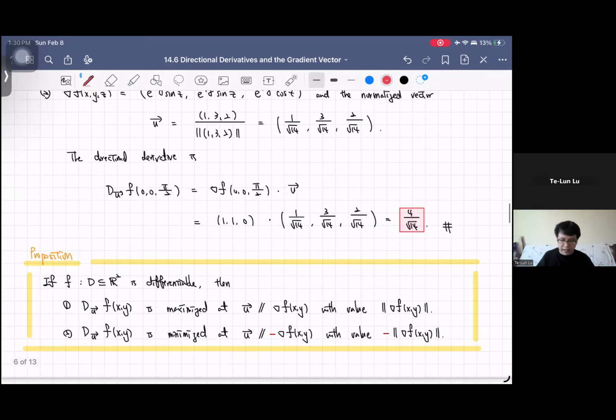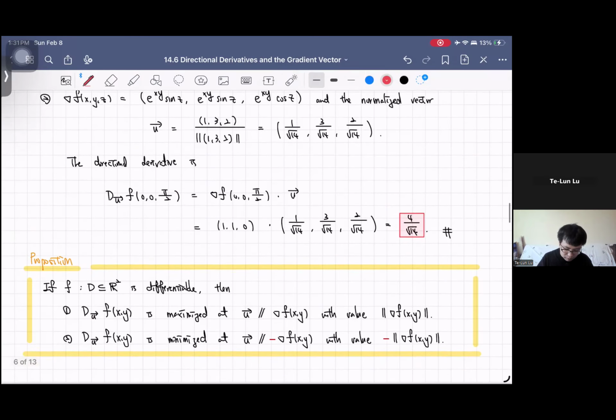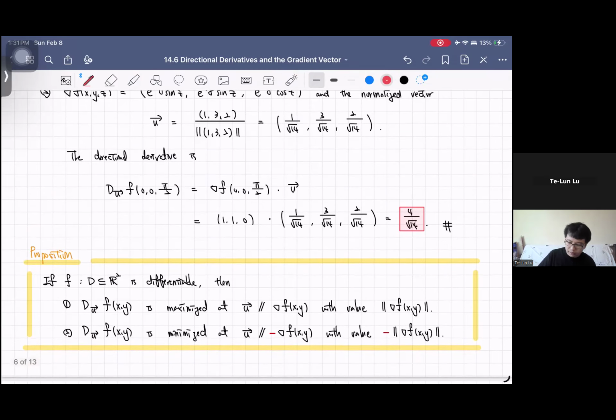So after our discussion on directional differentiation, we see that the gradient vector plays a role in the formula for the directional derivative. And now we investigate more on this gradient. It actually plays an important role in the analysis of a multivariable function, as we will see in chapter 14.8, Lagrange multipliers. But for now, let us first state this proposition in the sense that when f is differentiable,